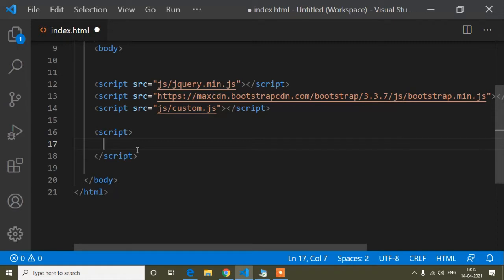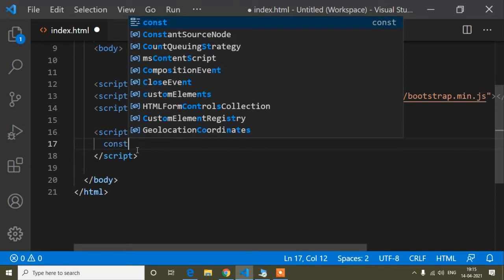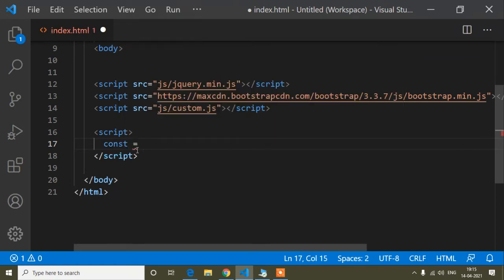So guys, one thing I will suggest is to use const mostly globally, meaning outside a function. Suppose I write const, and guys, if you don't know what const, var and let are, these are the keywords for defining variables in JavaScript or jQuery or any other JavaScript framework or library. Okay, so now I will write const, and here I will write a variable ABC, and now I will assign a value. The value is my channel name, but you can put any value as per your choice,